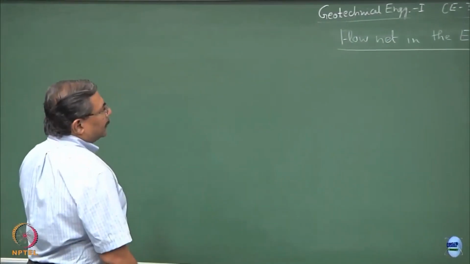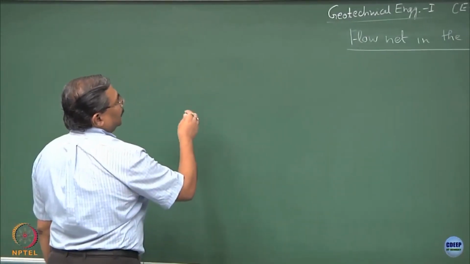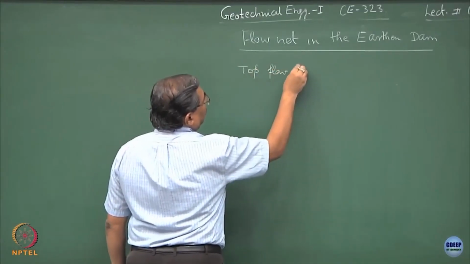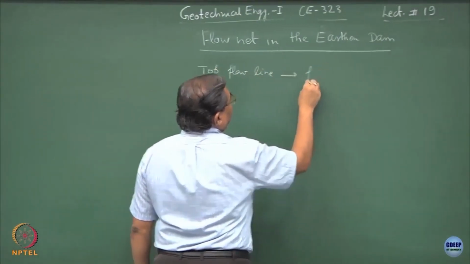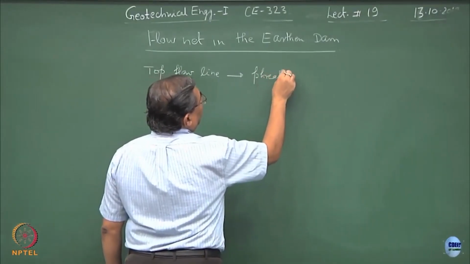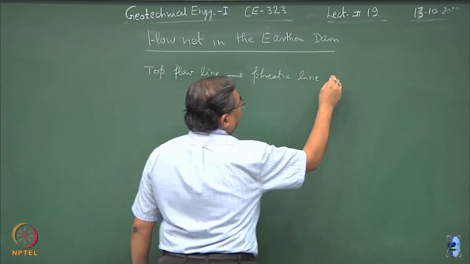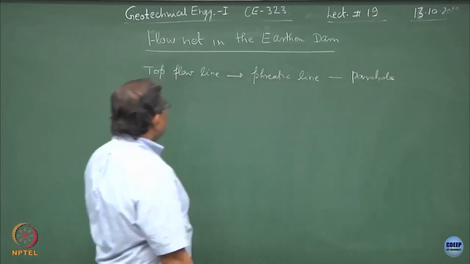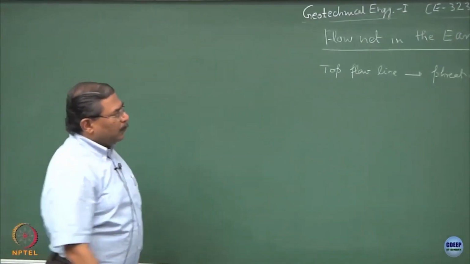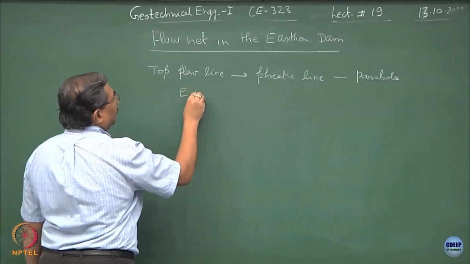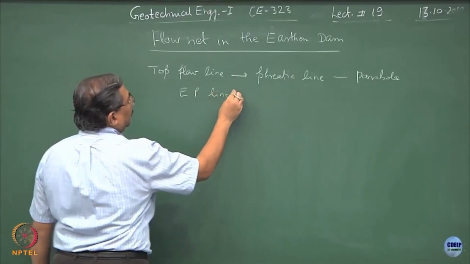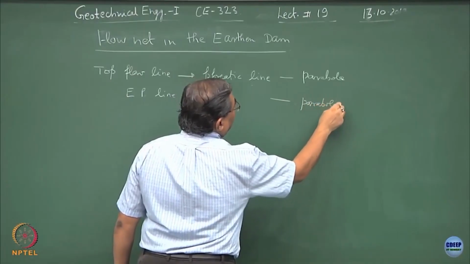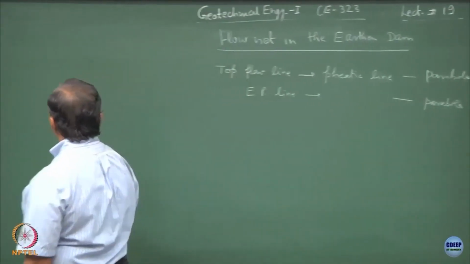You must have realized that, having proven that the top flow line or the phreatic line is a parabola, and hence the equipotential lines are also going to be a parabola. So, the way we draw this is,